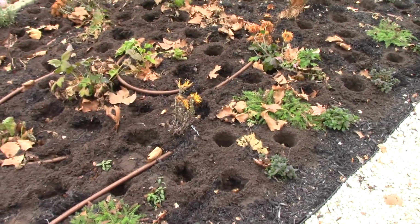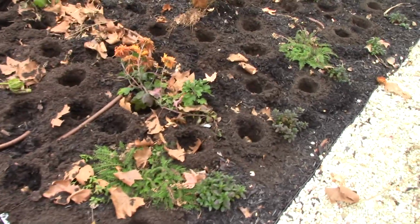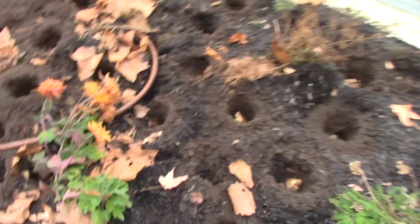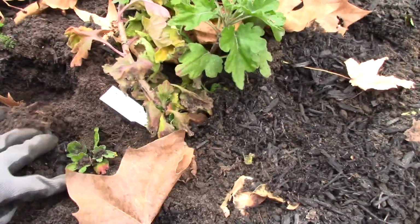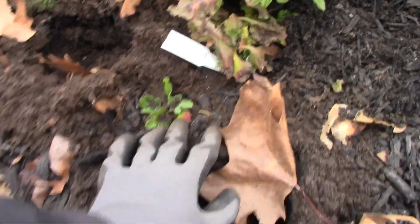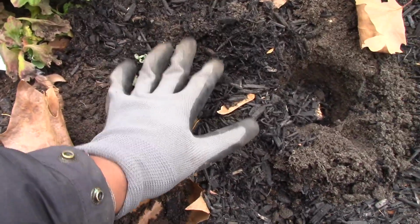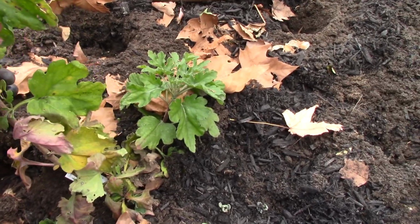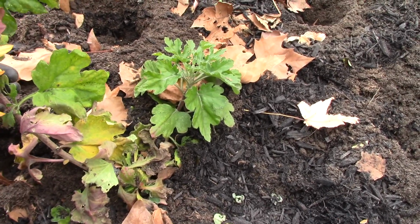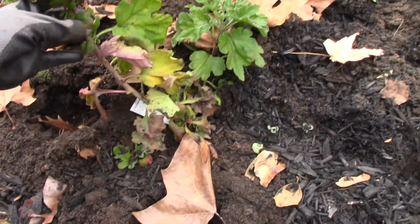This took a little bit longer than I thought because there were some things I had to watch out for. For example, the chrysanthemums, and I hope I didn't damage anything, but this is the main root of this chrysanthemum. It's already sent up a shoot over here, and somewhere in here, right here, it's sent runners over here. So despite the fact that this really didn't get very big this year because I didn't plant it until much later,